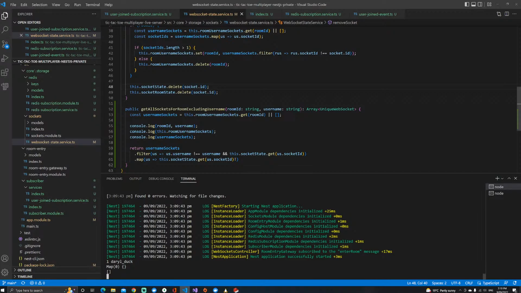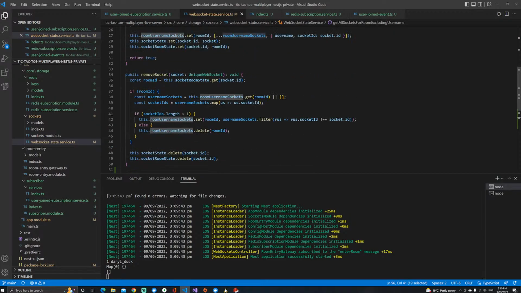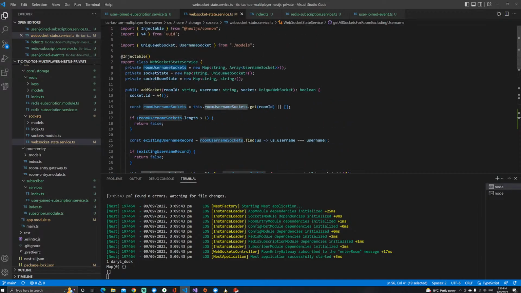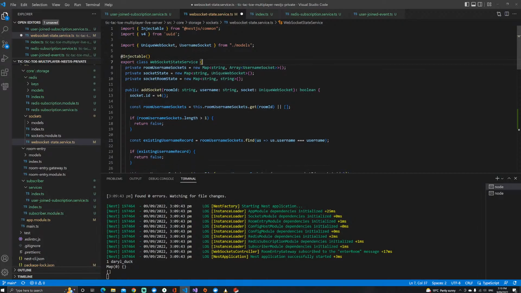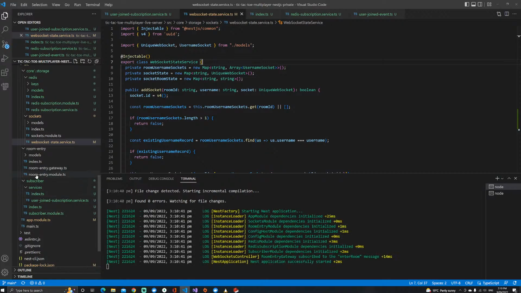So for whatever reason, it's saying room username sockets is empty. Oh, maybe because it's creating another instance of this. So let's hang on. So if I don't make it global,